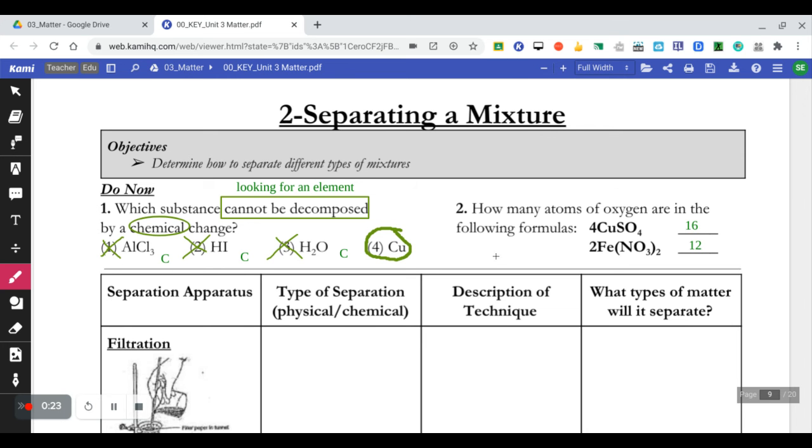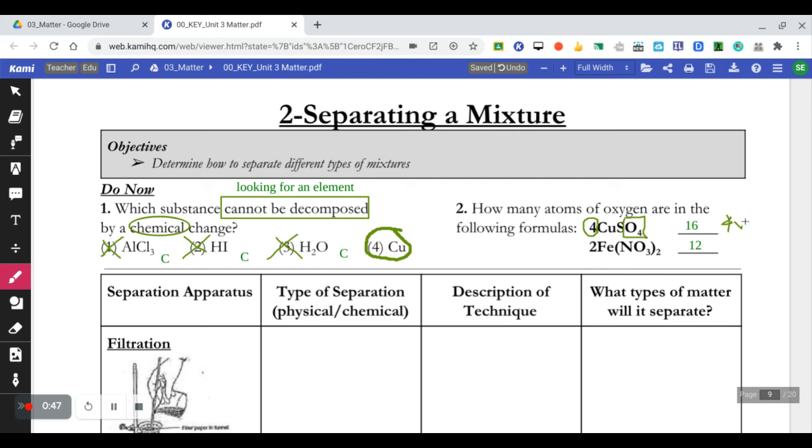2. How many atoms of oxygen are in the following formulas? So here I have an oxygen with a 4 subscript after it. So 4 is my subscript, which says I have 4 oxygens. My 4 in the front is my coefficient, which says I have 4 of everything after it. So if I have 4 copper sulfates and 4 oxygens in each copper sulfate, that's 4 times 4, which is